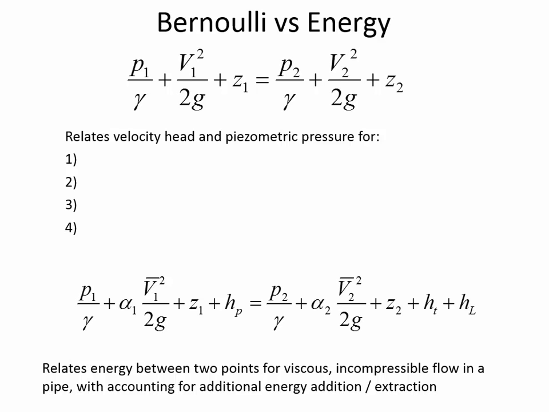Turbines take away energy, and H sub L stands for head loss. And here's a really important thing that you need to add in the margins here. H sub L has two terms. It has two components. H sub L is head loss, and there are two things that cause head loss. There's H sub F, which is frictional losses, and then there's H sub M, which is local losses.